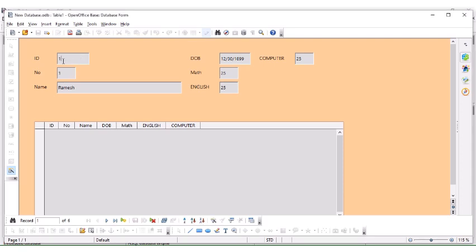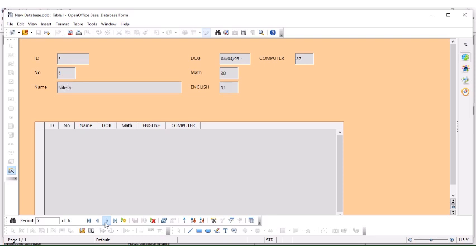Now look here. Next, you can move to the next record. Look at that, we have different records. Now what we learned in Base, we understand because we had learned that. But suppose someone who is not friendly with those terms, they can't understand, so this form will help them to understand those things.